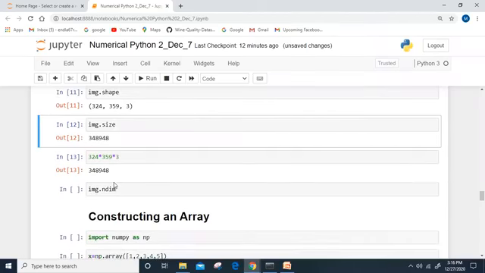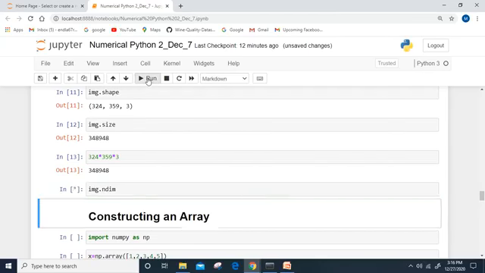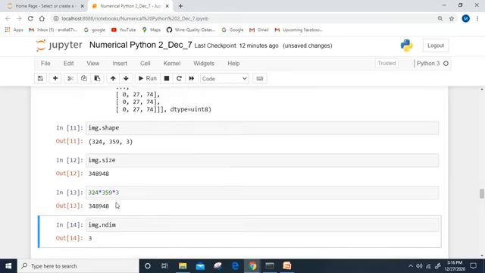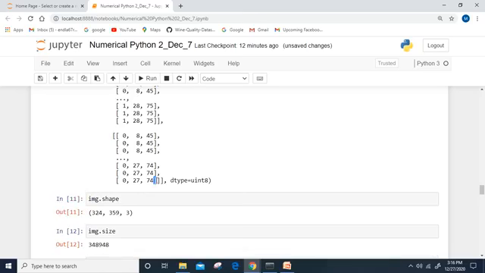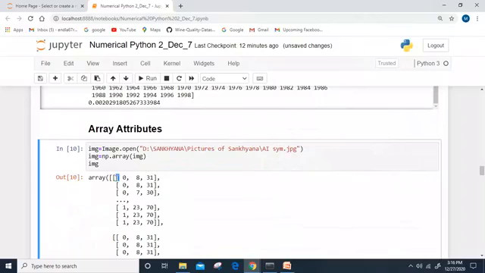And if you want to check the dimension of the array, then use the ndim, then it will give you how many dimensions are there. Let me execute this one. See, it is giving that it is a 3-dimensional array. In the beginning and in the end of the array, you can observe there are 3 square brackets.